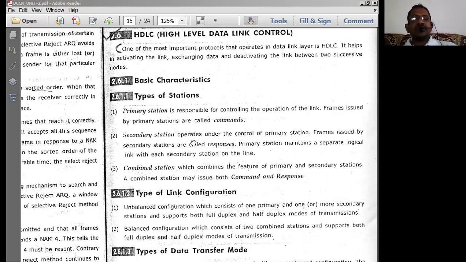The next, secondary stations operate under the control of the primary station. That means they will be called slaves in general. Frames issued by secondary stations are called responses.